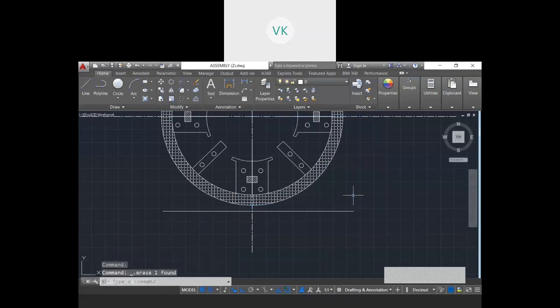So I'll remove this. Now I need to draw a stand for the machine. That I will take it here. Once again, there is no particular method to draw. You can follow whichever method is there. If the data are given, you need to follow according to that. If data are not given, you can go according to whichever method is suitable for you.